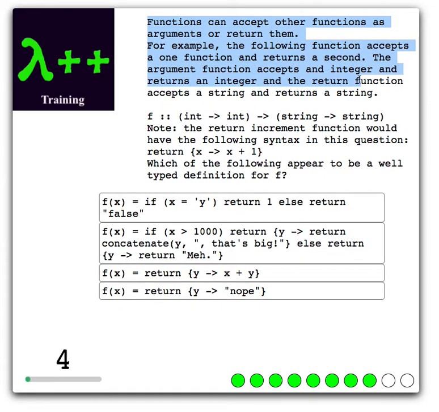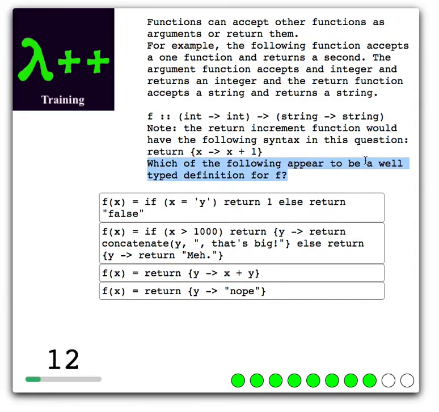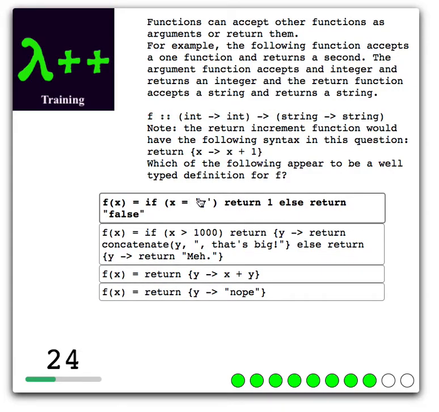Functions can accept other functions as arguments or return them. Okay, so which of the following appear to be well typed for f? So we want something that takes a function, int arrow int as input, and it returns a string arrow string as output. Okay, and the answer is,